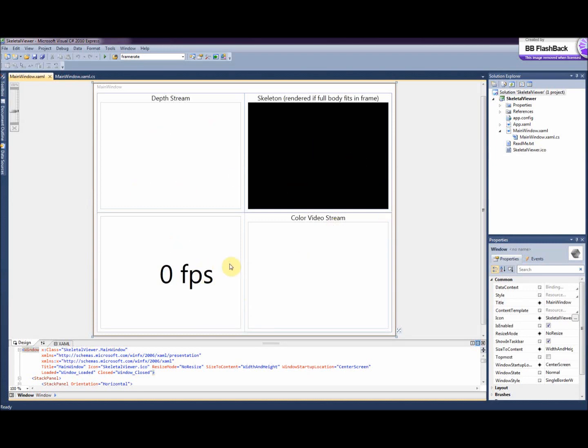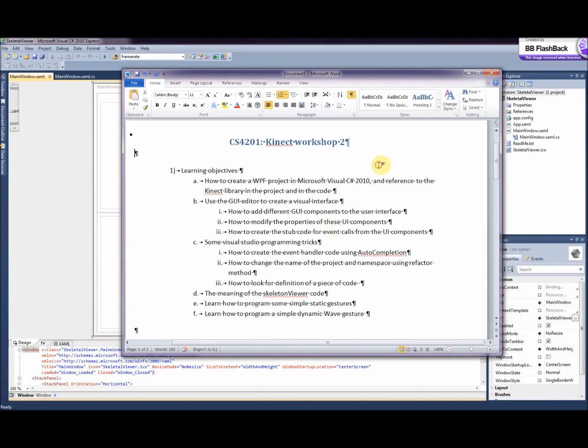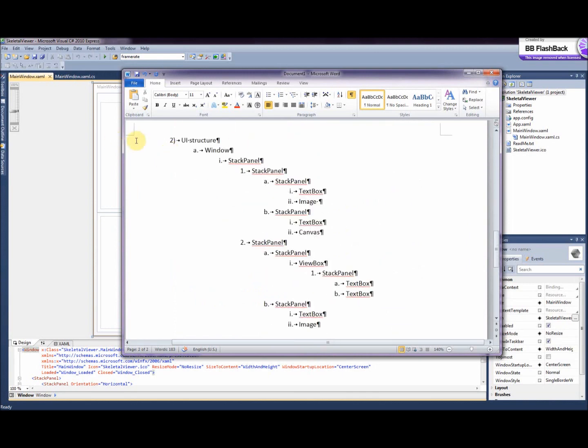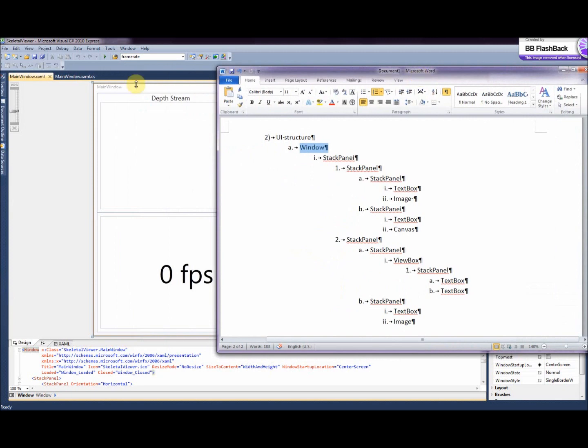Actually, it's kind of stacked in a hierarchical structure. So let me show you what the structures look like. This is the structure of how these UI components are actually stacked together. You have a parent window, which is the main window, and then you have a stack panel, which is the whole entire stack panel, and inside of the stack panel you have another two stack